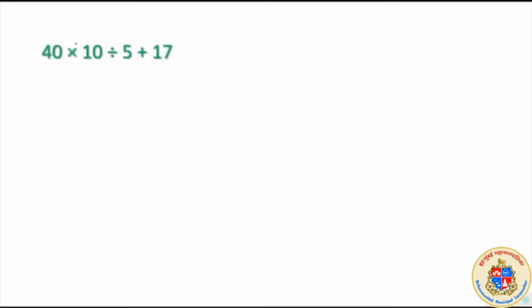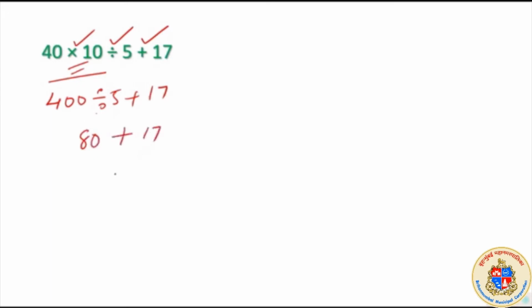Suppose this sum has to be done. There is multiplication, there is division, there is addition. Again, you first carry out the left side as it is. You will get 400 for this, and division with the 5, then addition of 17. 400 divided by 5 is equal to 80 plus 17. The answer is 97. As simple as it is, but first do the multiplication, then the division as per the order given. Otherwise, suppose you do 10 divided by 5 first, you will get 2 as the answer. 2 into 40 is equal to 80. You will get the same answer, but as a general principle we will follow the order from left to right.